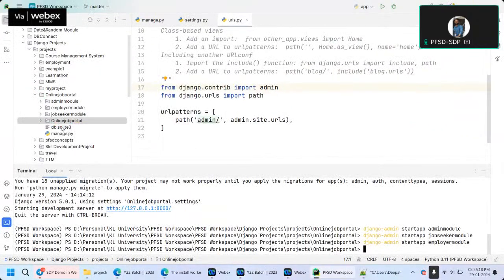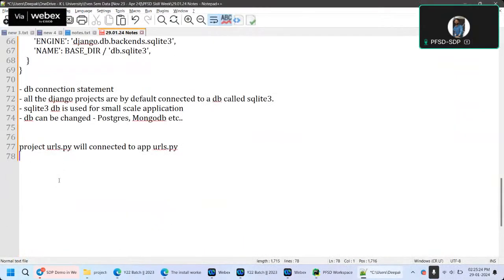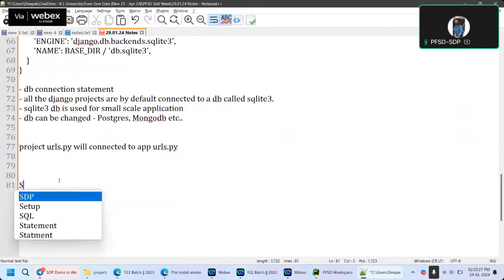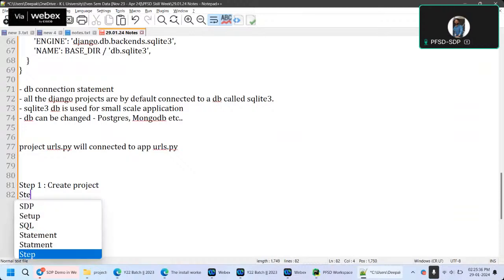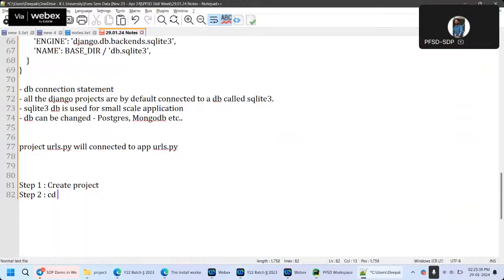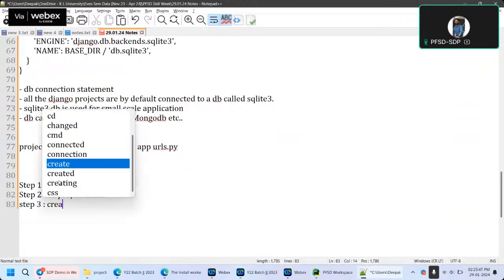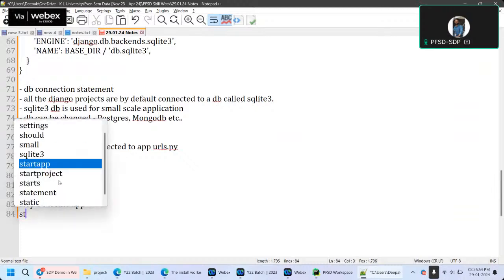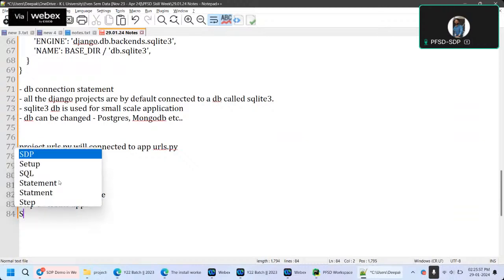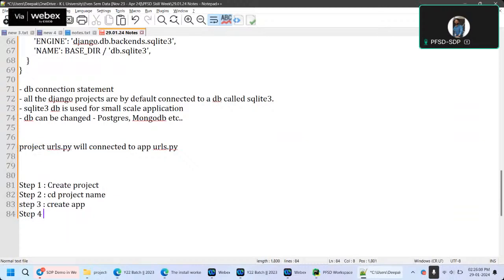So immediately after creating the app, what are the steps? I'll just write it out. Step one, create project. Step two, cd project name. Step three, create app. Step four,